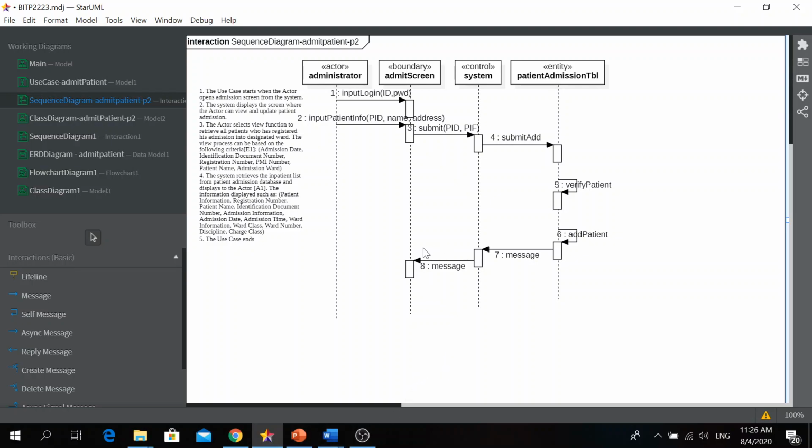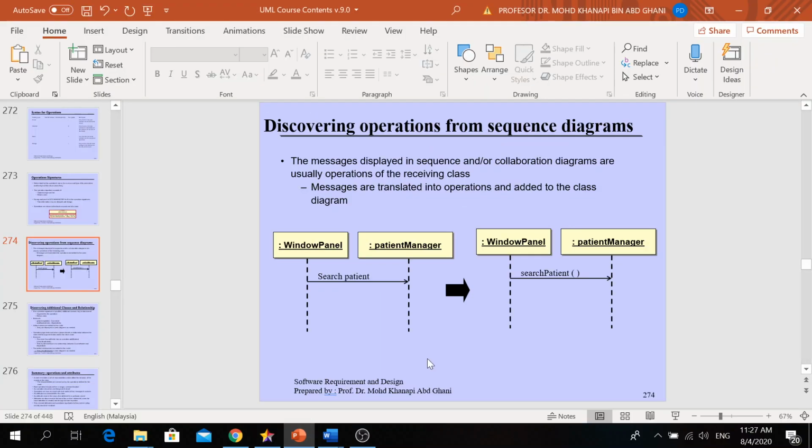So class, this is the way you discover your operations and also the attributes, from the sequence diagram. How do you know where the operation is, where the attributes are, and which object or class owns the operation? Always look at the arrow.